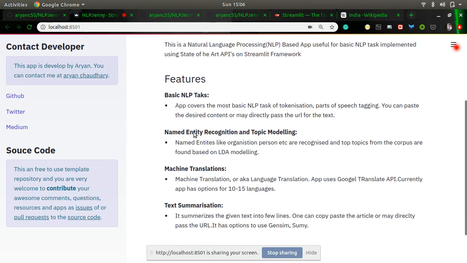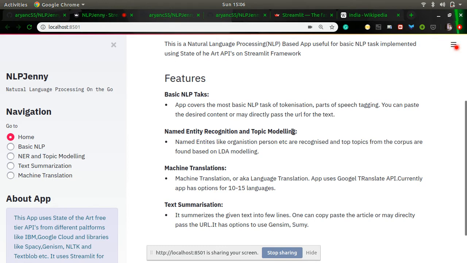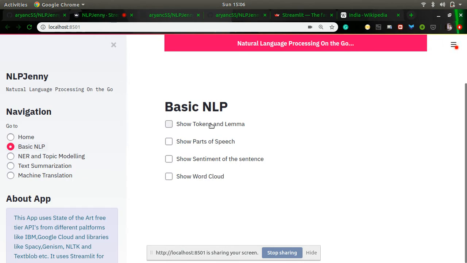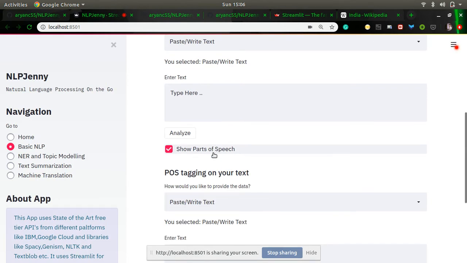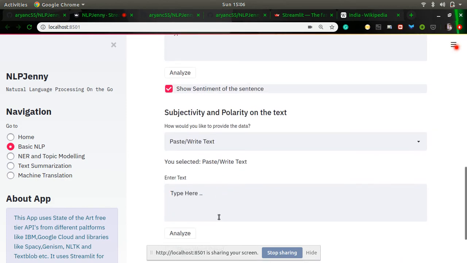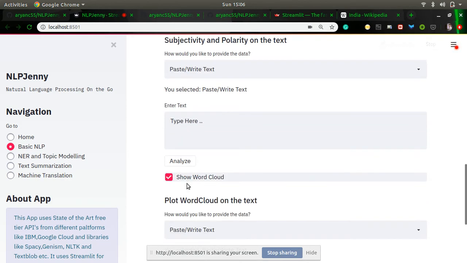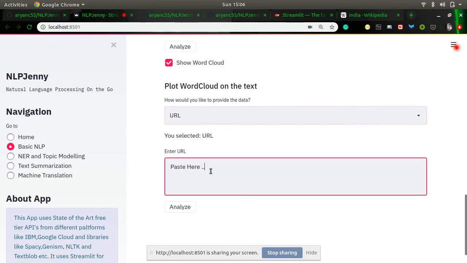So what this app does, I have given four features: basic NLP task, named entity recognition and topic modeling, machine translation, that is basically language translation, and text summarization, summarizing texts. And in basic NLP, it does tokenization and shows lemma. You can also see parts of speech, and you can get the sentiment of your text, and you can also draw a word cloud, and you can either write your text here or you can paste the URL of